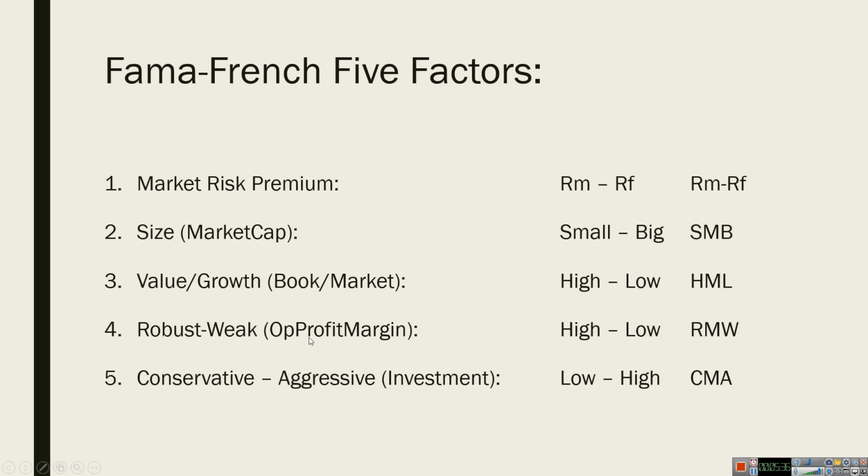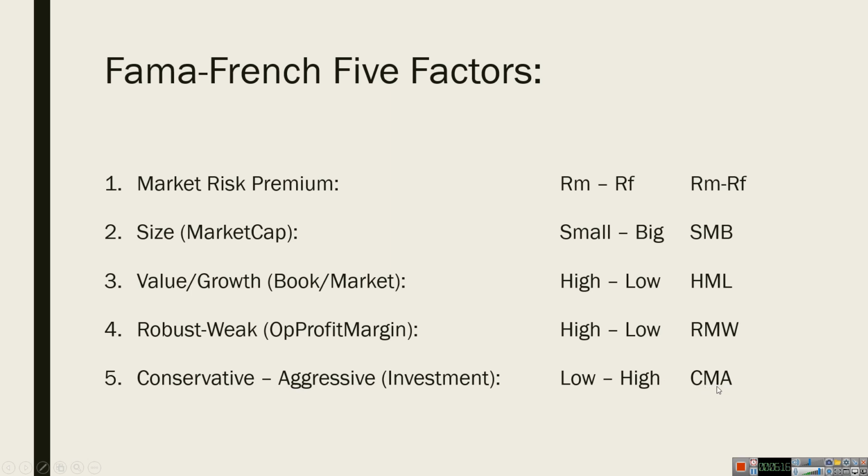This is based on operating profit margins here. Companies which are robust, have strong profit margins versus the ones ranked lower. They call this robust minus weak rather than high minus low, so it's not confused with this one over here. And the fifth factor that they look at is, and this has been found actually in lots of the literature, and we reported on this last year, in fact at SAFA, companies which don't invest much in capex versus those that do relative to their asset base here. So this is based on capex investment, if you like, and they call this conservative versus aggressive,